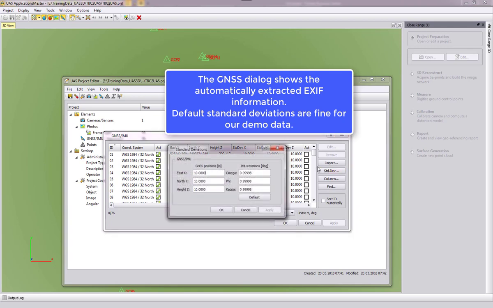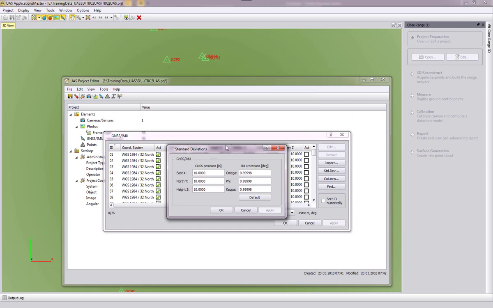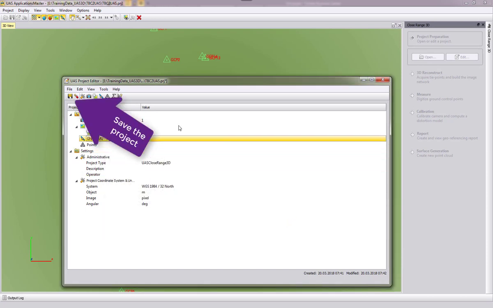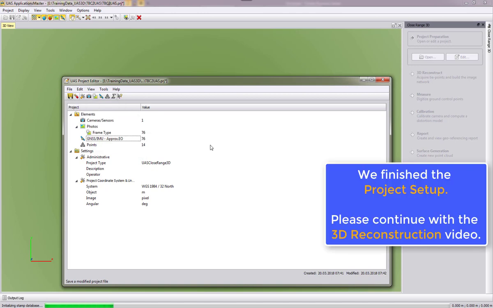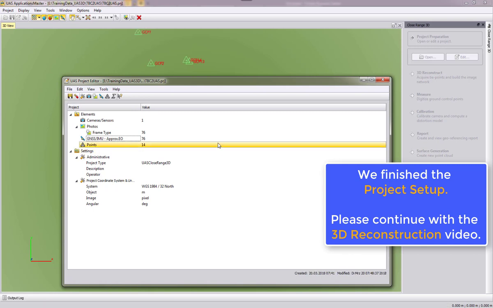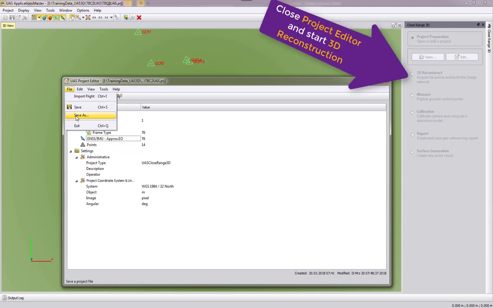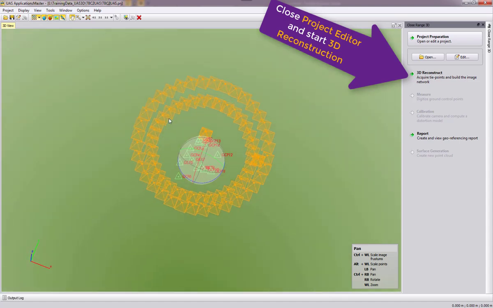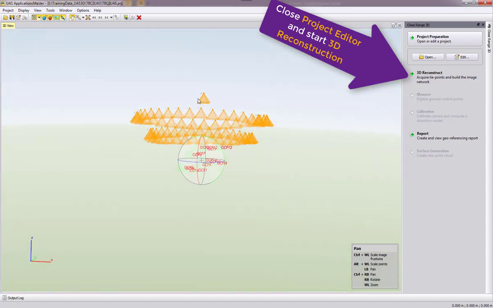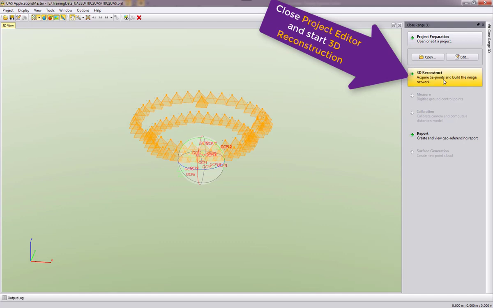Looking at the GNSS data, we see that the standard deviations are set to 10 meter and about 1 millidegree, which is fine for this project. We can say OK to the GNSS window and save the project, and we have now all the data included that we need to continue with our next video, which would be the 3D reconstruction. So we can close the project editor and zoom out with the wheel, use the right mouse button and keep it pressed to see here the setup, and then we can now go with the next video, which is the